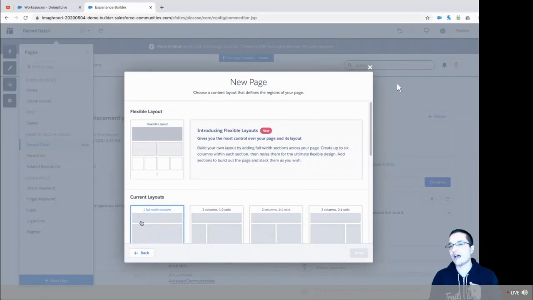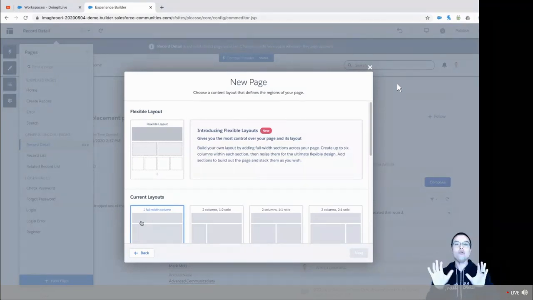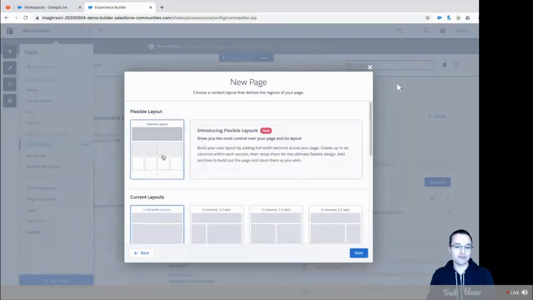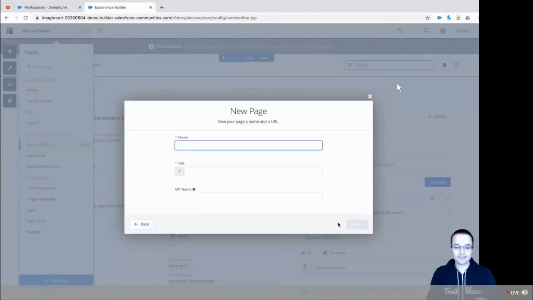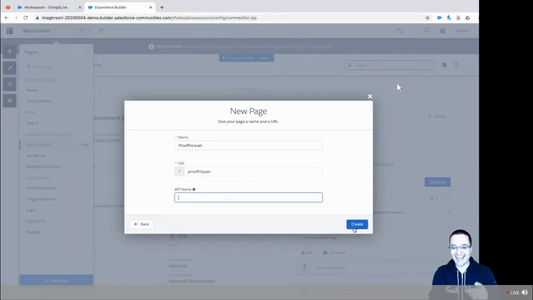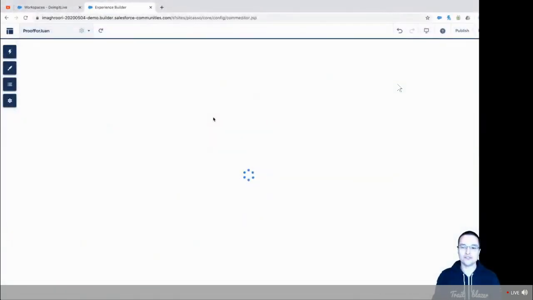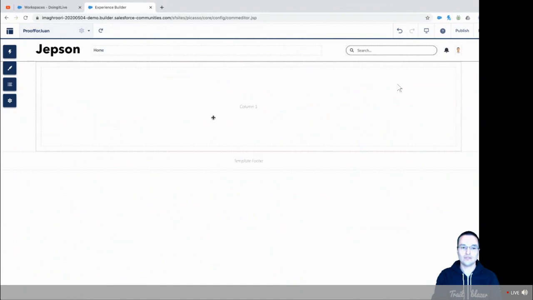There is an option for you to include completely custom coded pages that have nothing to do with us as the outside container. If you do that, then you need to make it responsive. But using communities the way communities are mostly used by most of you, yeah, these pages are responsive. So if I pick this one, for example, I'm going to give it a name, Proof for Juan. Why not? I can't think of a better name. And when you create it, let's just see here. So here's my